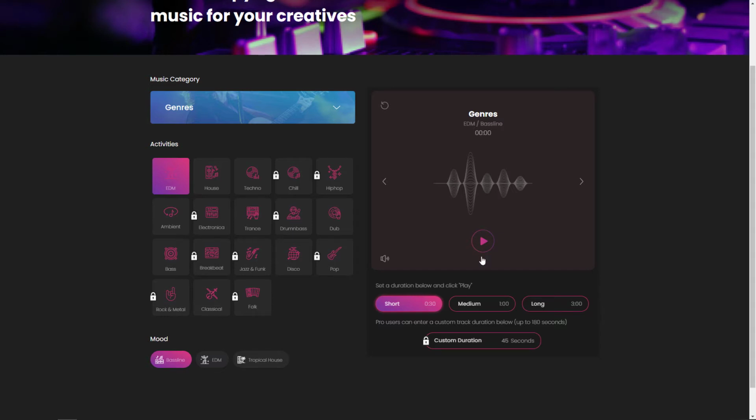So I'm going to go for medium, and I can click to play it here. What it's doing now is it's quite slowly rendering it. So it's making the track and it's going to play it. I'm going to pause it there and I'm going to click on save track. So it tells me up here my track has been created successfully. If I click on these buttons, I go through the various different genres.